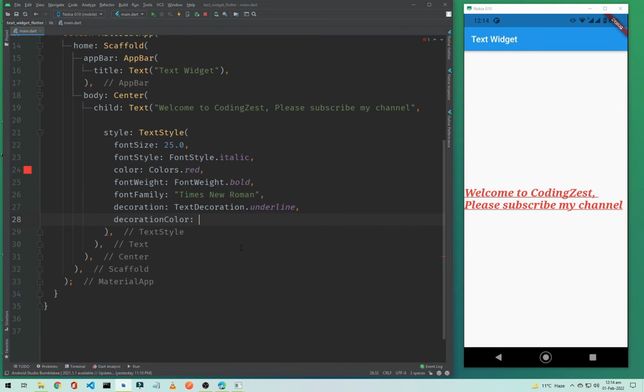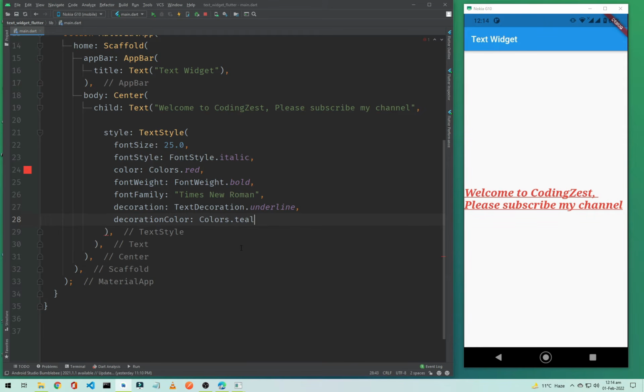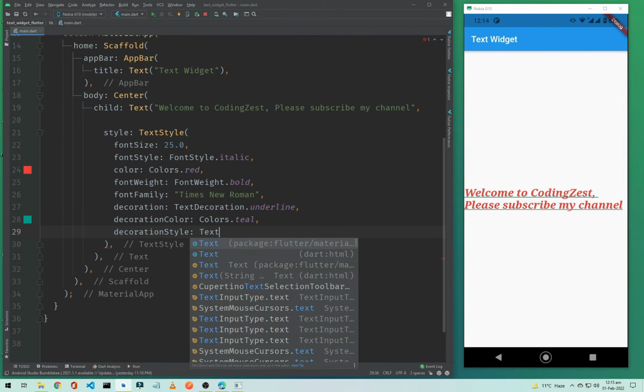Okay, so simply use the colors dot. I will make it teal. So I will hit save, and as you can see here, our underline color is changed to teal. Okay, and if you want to change the style of this underline, you can use the decoration style and decoration